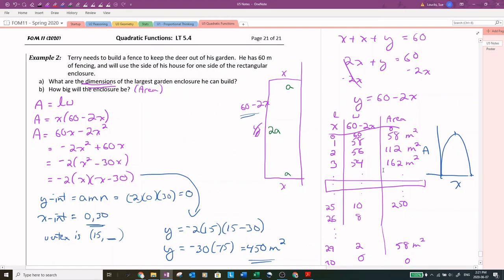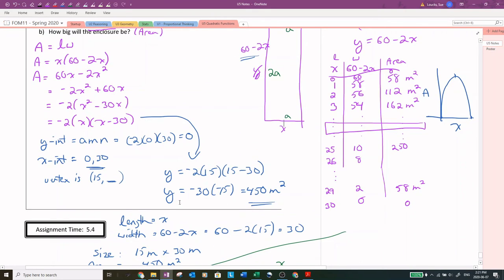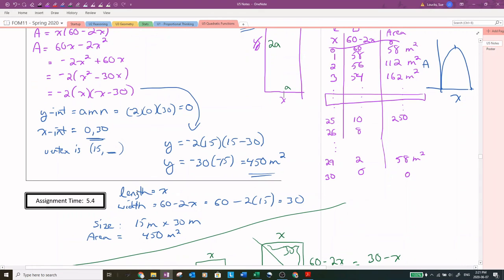You don't have to do the stuff on the right, but all of this stuff that I did actually on the paper, you do need to show all of that, okay? All right, that is it. That is your last lesson for quadratic functions and your last lesson if you're doing this in spring of 2020,